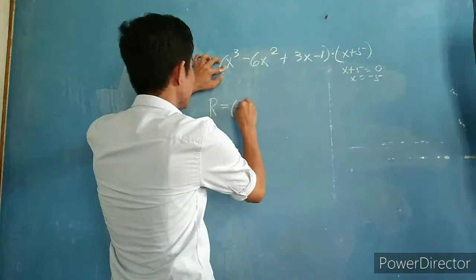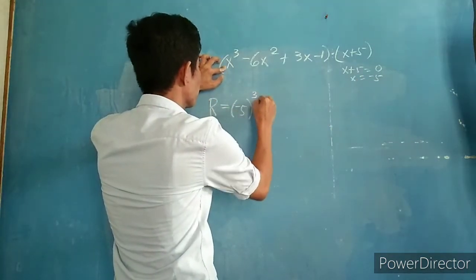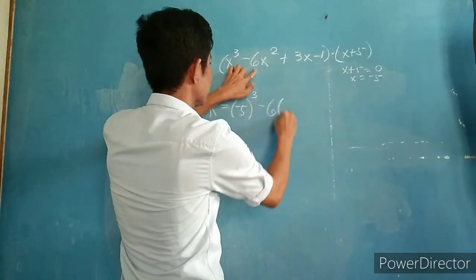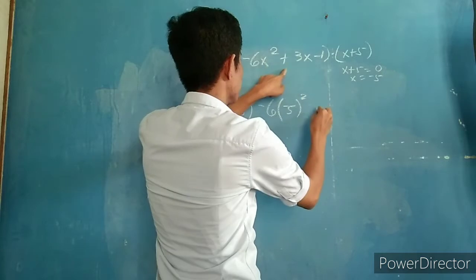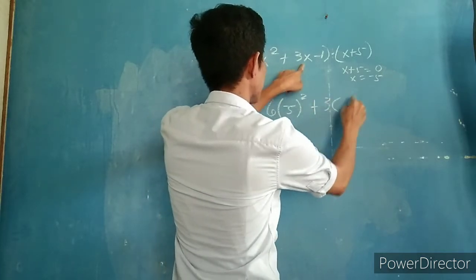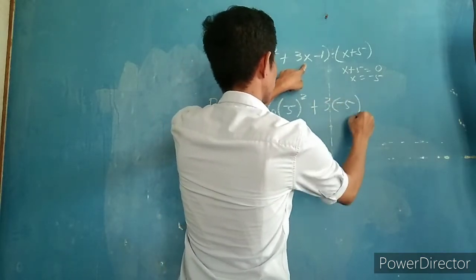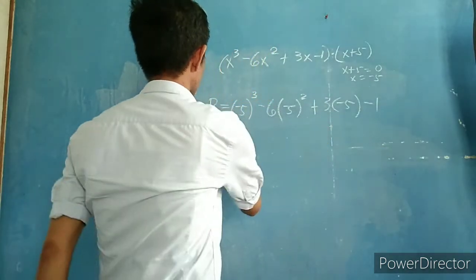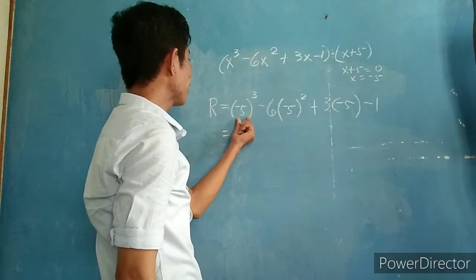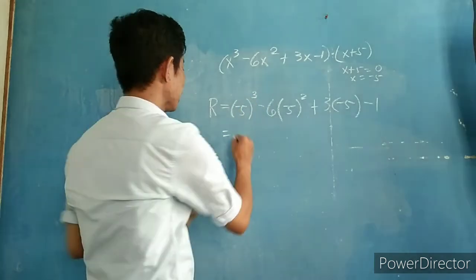So we have negative 5 cubed minus 6 times negative 5 squared plus 3 times negative 5 minus 1 to get the remainder. That is equal to negative 5 cubed, which is negative